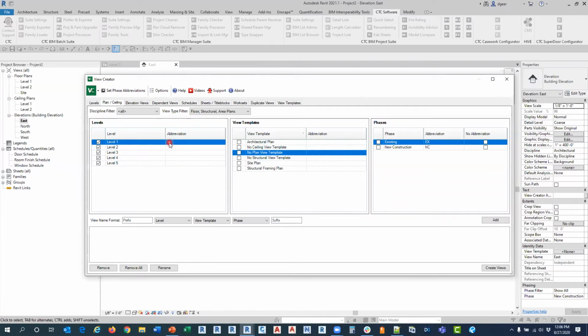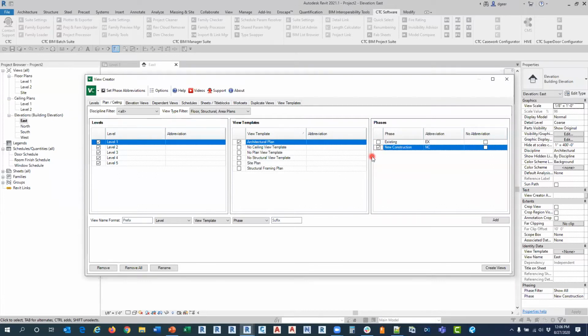Should I wish to change this out for an abbreviation, this is where I'm going to add it. I'm going to come over here and apply an architectural template, and then I must choose one of these phases, whether it's new construction or existing, or this will not work. I'm going to go ahead and hit add, and you'll notice that in the naming format, it's actually taking the level, the view template, and the phase that it is in, and it used the abbreviation NC for my new construction. Well, if that is not my naming convention for my company,